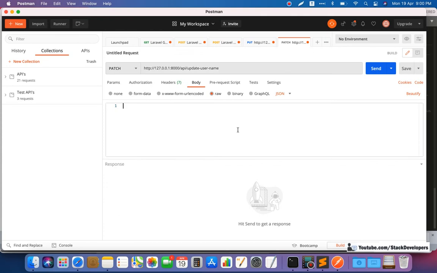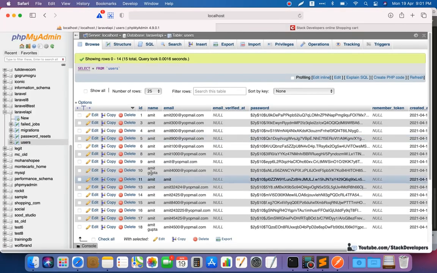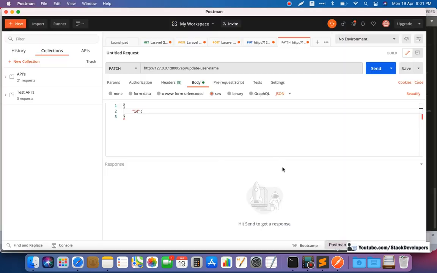Now we can add the string here. We can pass two things here: the ID of the user, we are going to check which ID we want to update. We are going to update the 10th ID, Amit Gupta's ID.